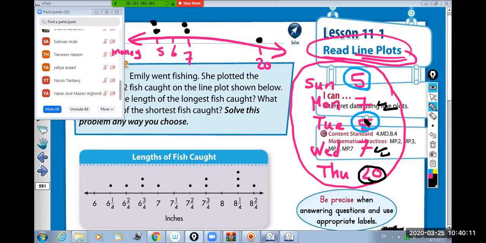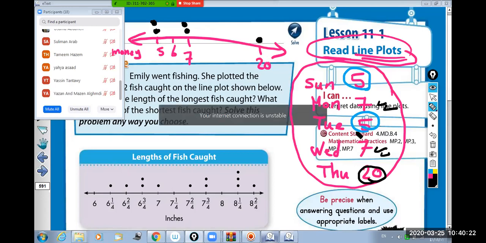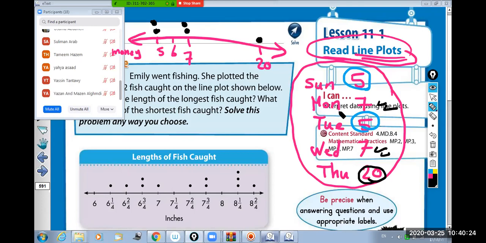Also the 7 is repeated 2 times, so the 7 has 2 dots. But the 20 has only 1 dot, like this. This is how to draw. But how to read it? See? If I don't have the data here,